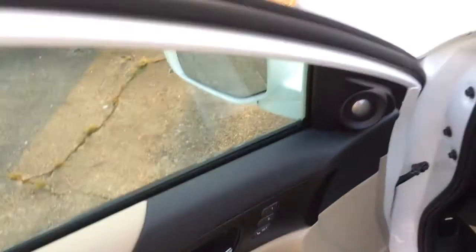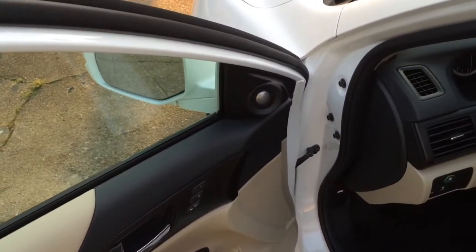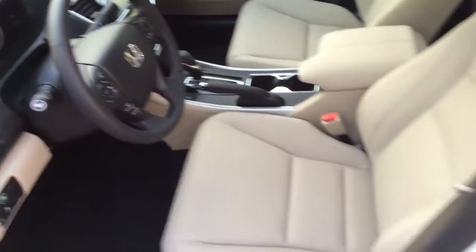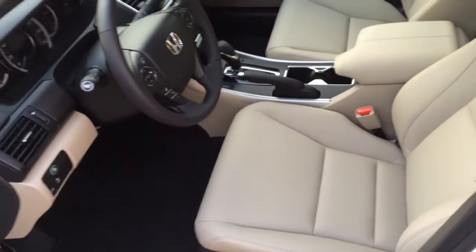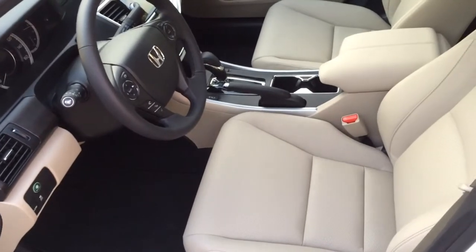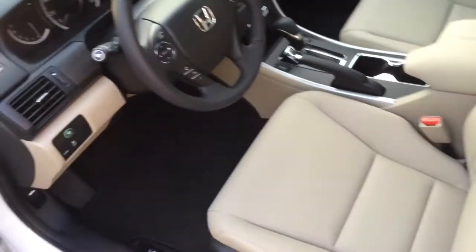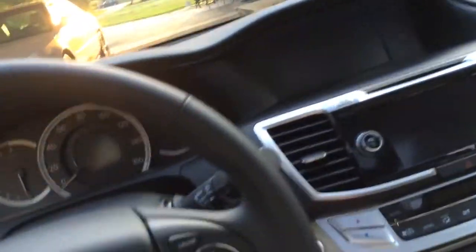That was a big deal because I'm 6'4" and she's 5'3". There's a drastic difference in the setting of the seat. So to be able to walk up to the car without even pulling anything out of your pocket, and it knows who you are and sets the seat right, is a big deal for us. When you get into the car, again, you don't have to take anything out of your pocket. Just leave the remote in your pocket,